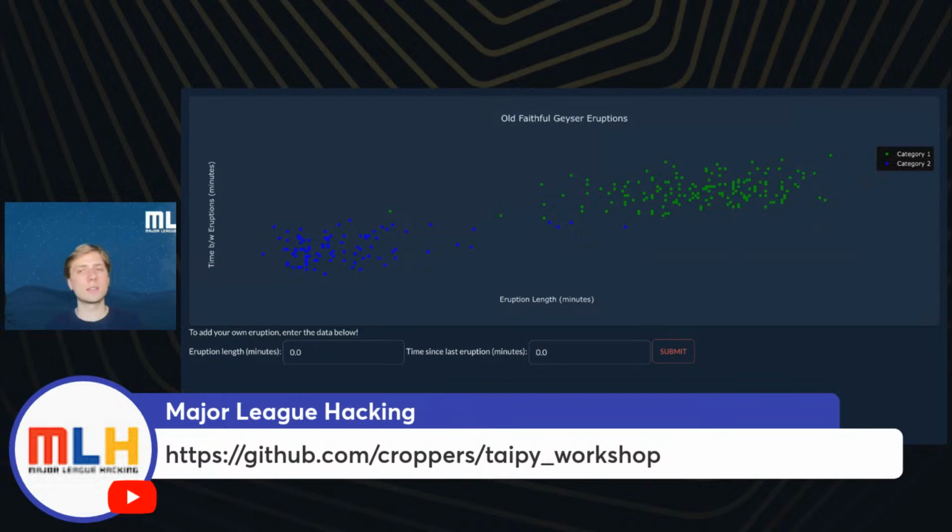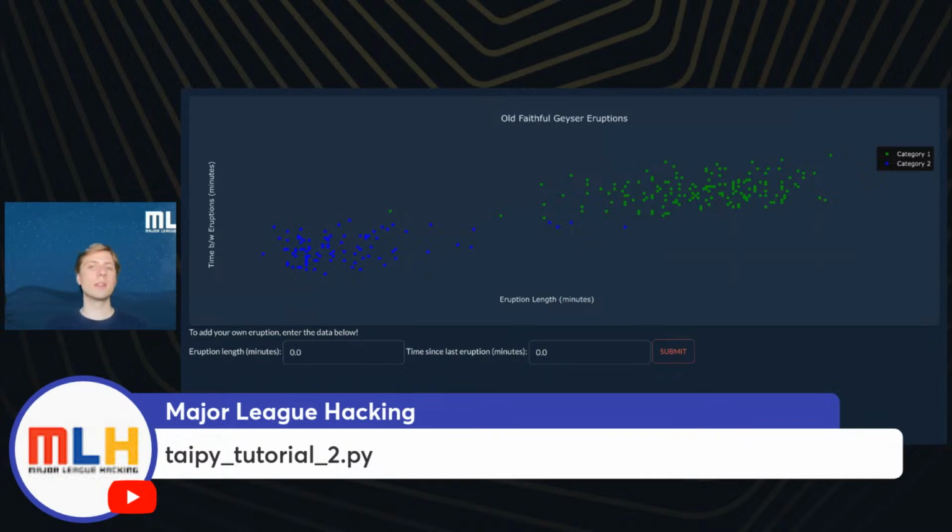And that would be a good test to make sure that it's not an issue with your system, but an issue with your code. Because sometimes it could be an issue with your system. It can be kind of hard to diagnose. But I recommend to go to this workshop series repository and download, I'll type the name of the file, taipytutorial2.py, and try to run that file and see if you get this random categorization situation. If you do, then it might be some other deeper issue. But if you don't get it, I expect you won't get it. That would be good news.